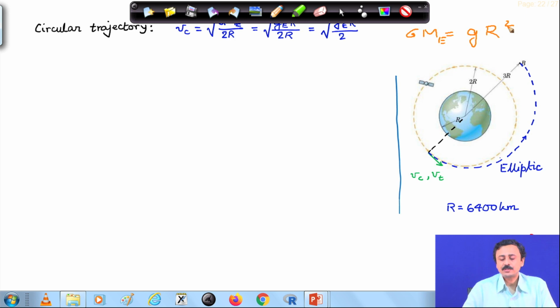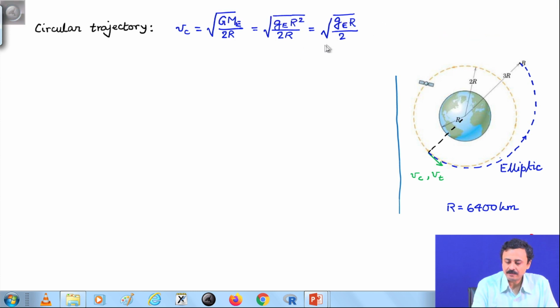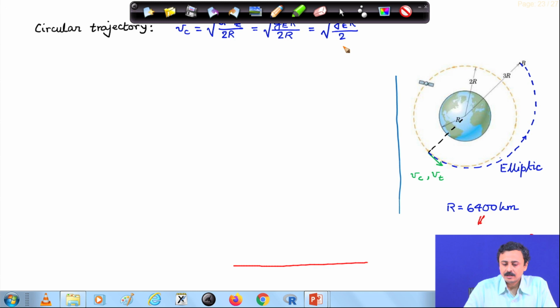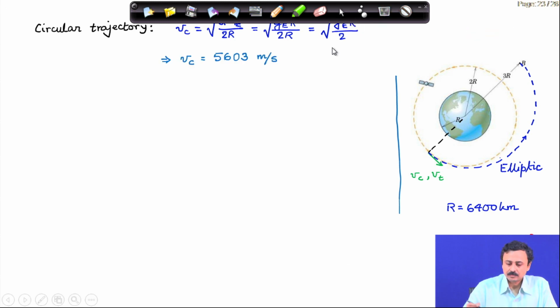Okay, so G times mass of earth is acceleration due to gravity on the surface of the earth times R square, radius of the earth square. Using this relation, I have the speed on the circular path, which is called the orbital speed, as this, and if you calculate this,